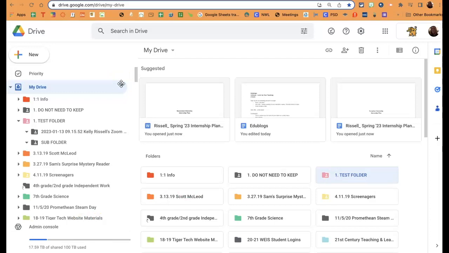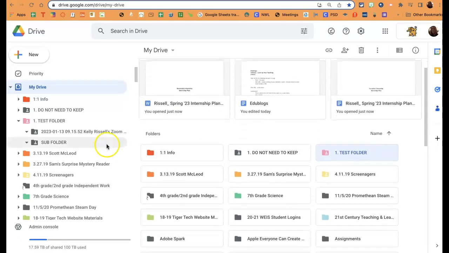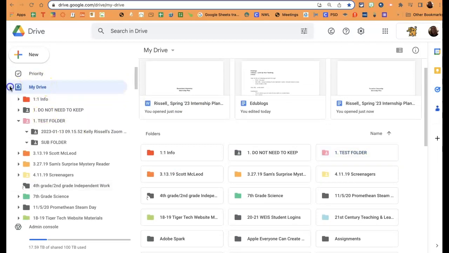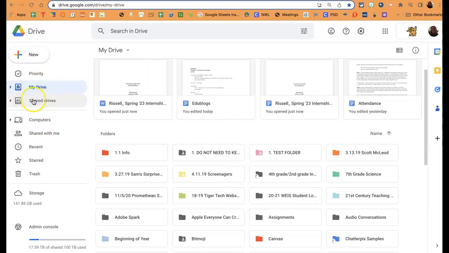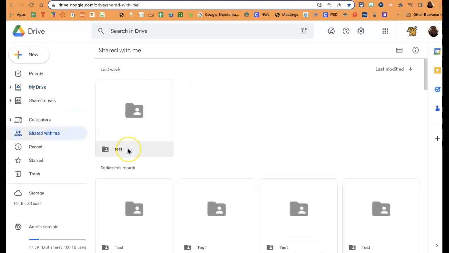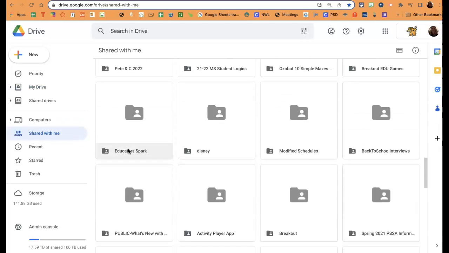Another really handy way to add files to folders is by using something called a shortcut. And this is something that you can use across Google Workspace. It works in My Drive, shortcuts work into shared drives, and shortcuts also work in Shared With Me. In fact, in Shared With Me, this is the method that you would use to really clean up your Shared